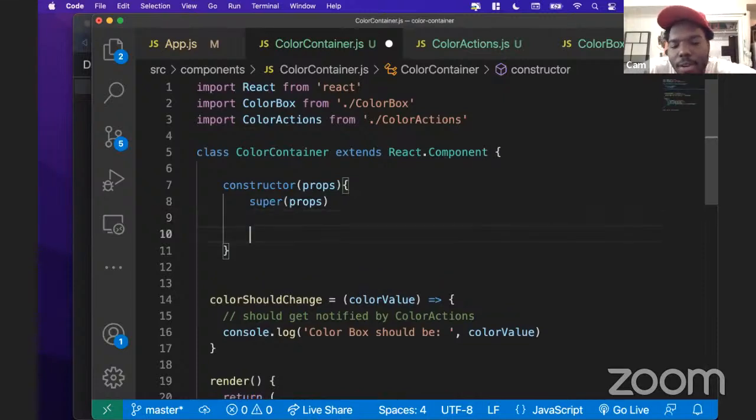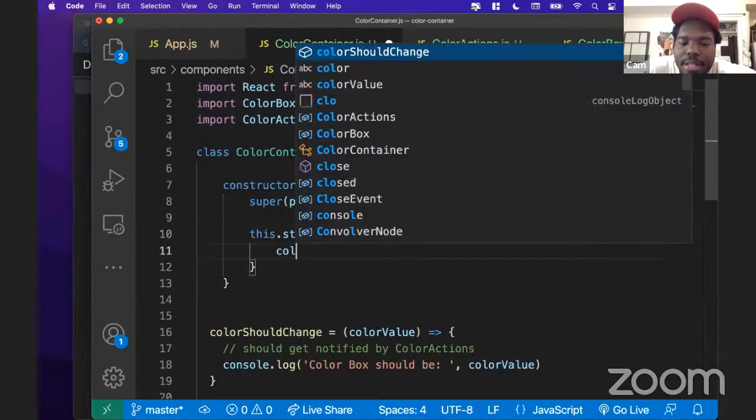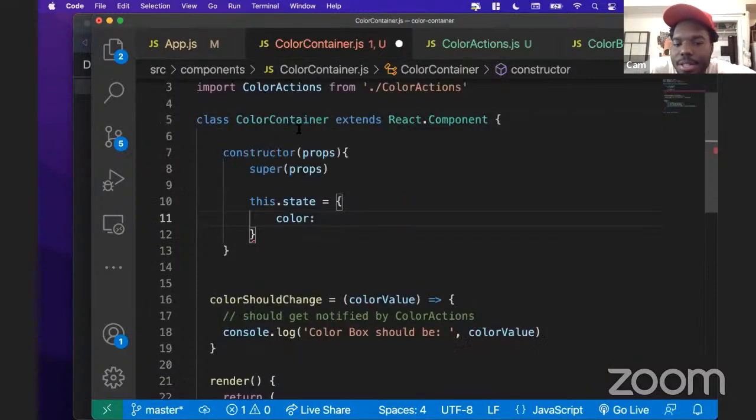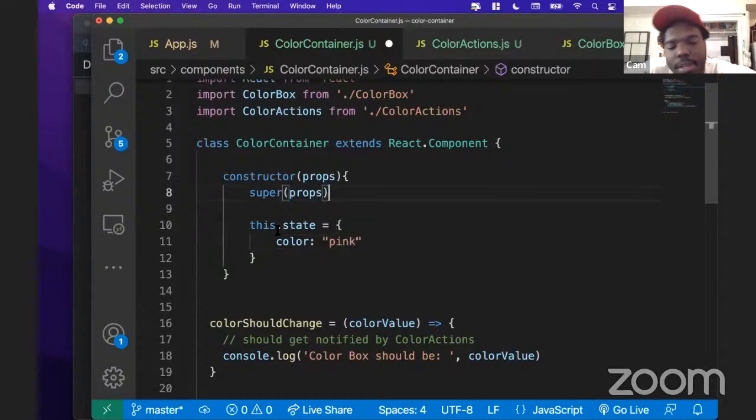But anyway, if I want to create state in a class-based component, all I got to do is inside of the constructor, create a new state object. So I say this dot state, and I'll open up a set of curly braces, and I can create the value that I want here. So I might just say color here is, let's just say pink or something that we don't know yet, right? And